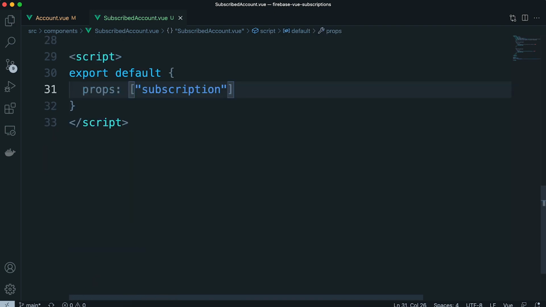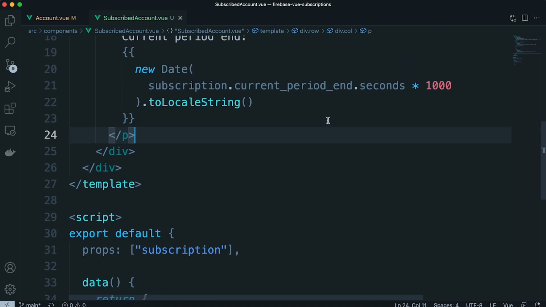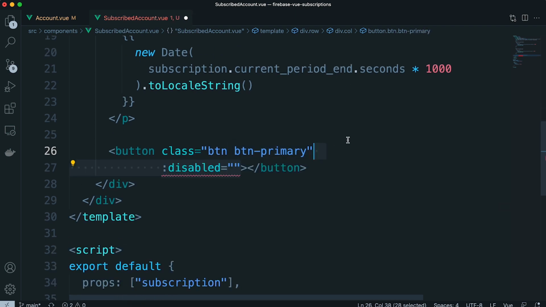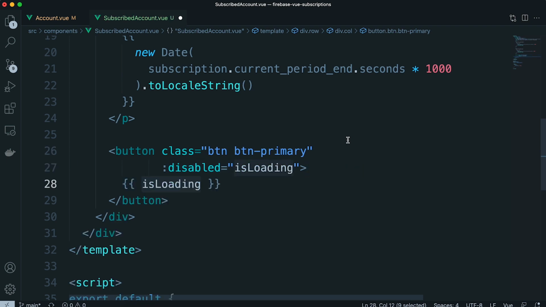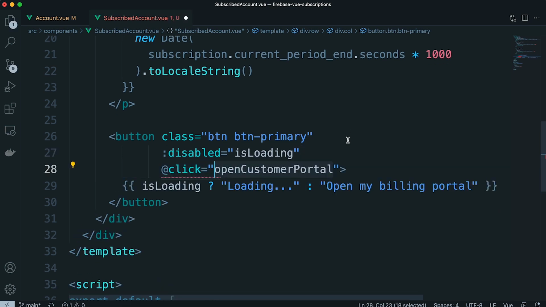Then we're going to be adding a variable in the data section that is going to be called isLoading and is going to be set to false. And then in the HTML below the current period end, we're going to be adding a button with the class btn and btn primary. This button is going to be disabled if the variable isLoading is set to true. And also if it's loading, it's going to show loading in the text, or if it's not loading, then it's just going to show open my billing portal. We're going to add a click event to this button with the method open customer portal,